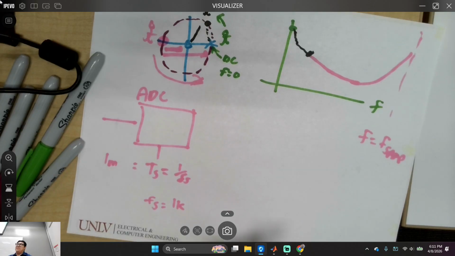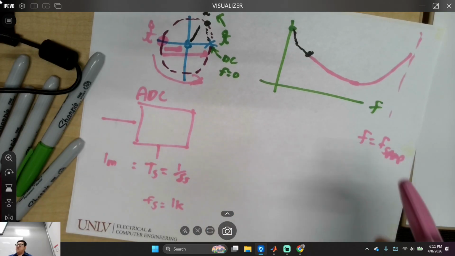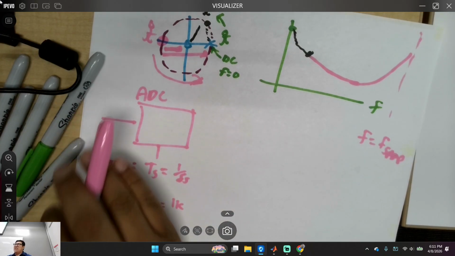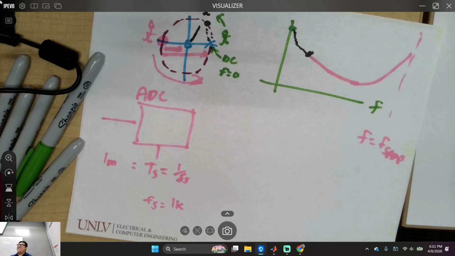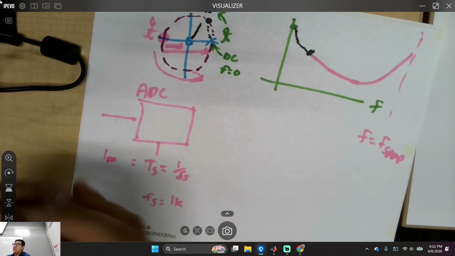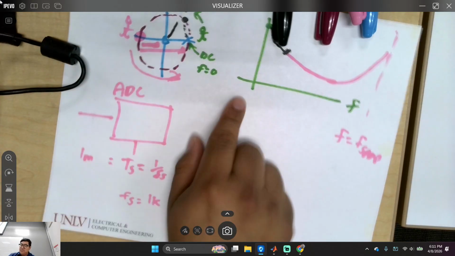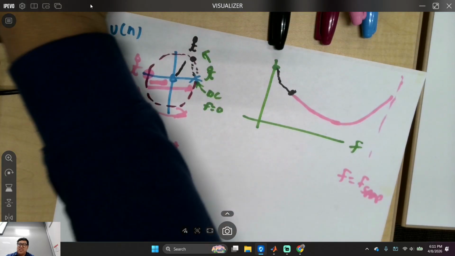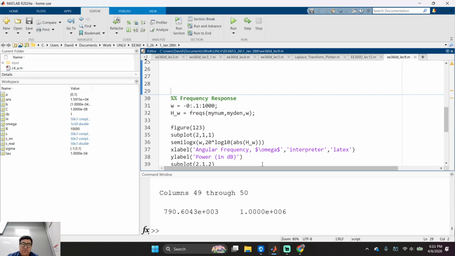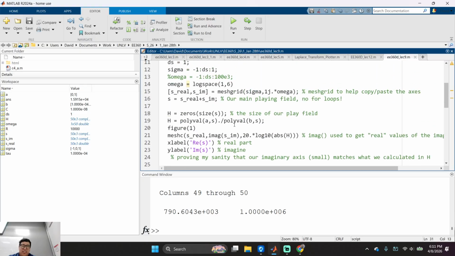Same thing with video games, when you're changing your NVIDIA drivers to get rid of that aliasing, unless you want to see the aliasing. Yeah, the horse is going so fast it's going backwards. Any questions about that? So that's our Fourier transform. We can get that from the Z transform, and that's what I'm trying to show you guys right here.